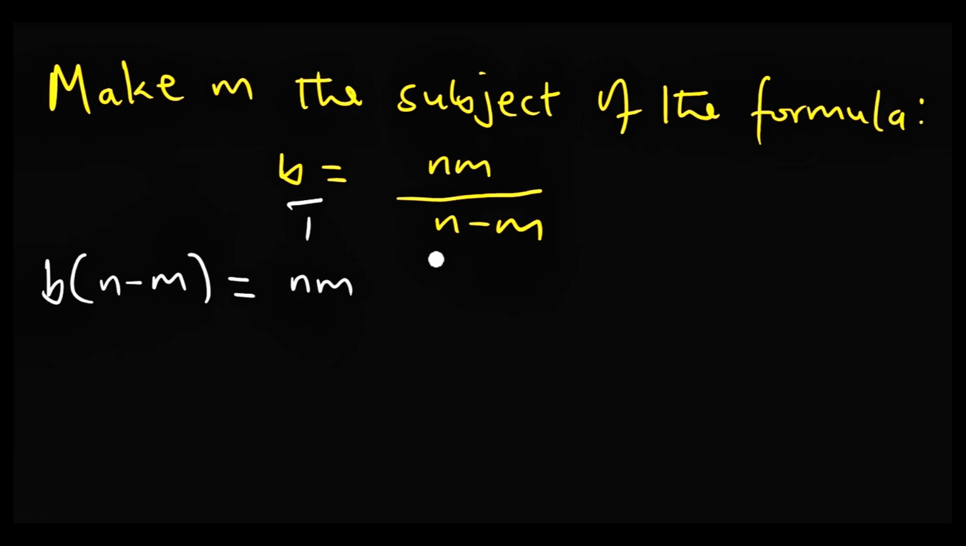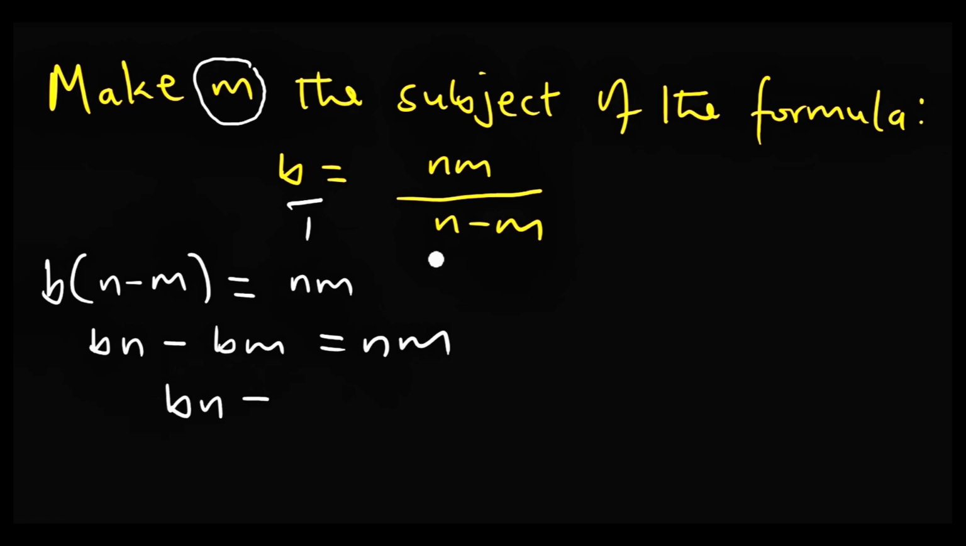So we open up this bracket so that we have bn minus bm is equal to nm. So remember that we want to make m the subject of the formula. So it will be wise to put all the expressions bearing m on one side of the equation. So we can take bm to the right so that we have bn is equal to nm plus bm, and then we can factorize